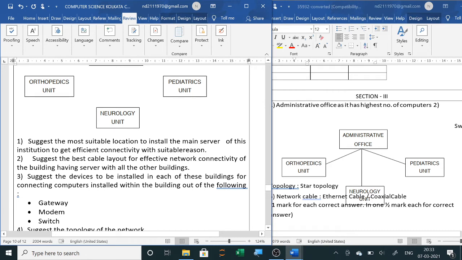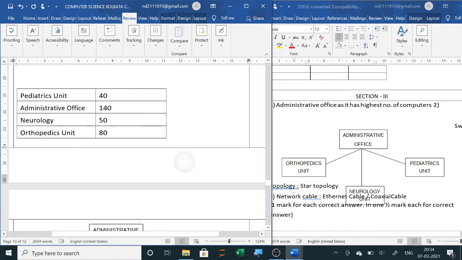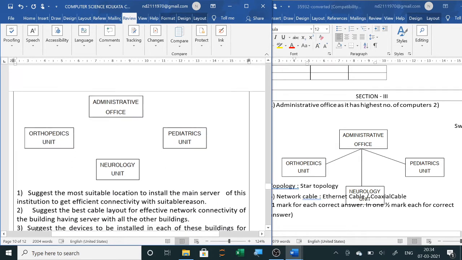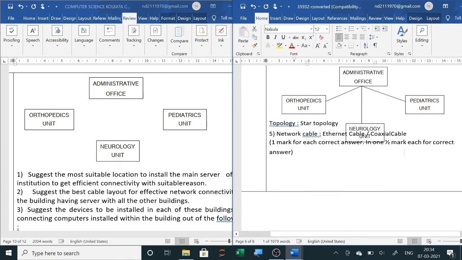Now normally whenever we are using this, you can use star or bus layout. And in star, the department with the maximum number of computers, administrative office, 140 computers. So administrative office will be in between and the remaining 3 will be connected to administrative office since it has the highest number of computers.